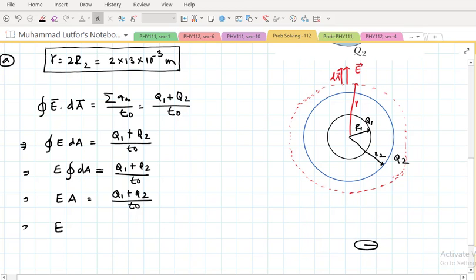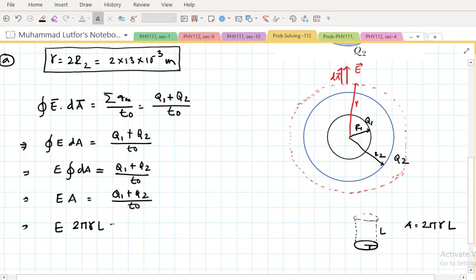So this is the radius of that cylinder, and this is the height or the length. Then the area of this cylindrical shape is twice pi r into L, right? So that should be the total area of this cylindrical shape. So that's why I'll write down it should be twice pi r